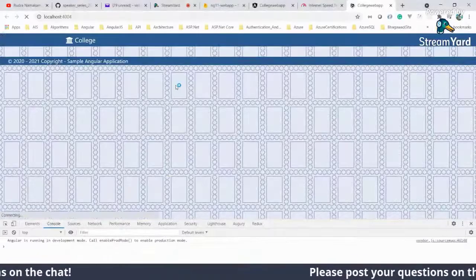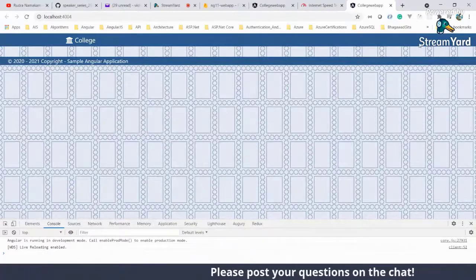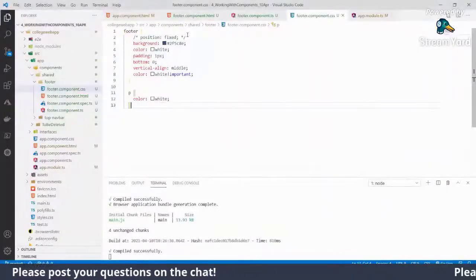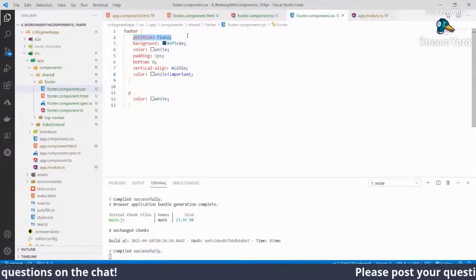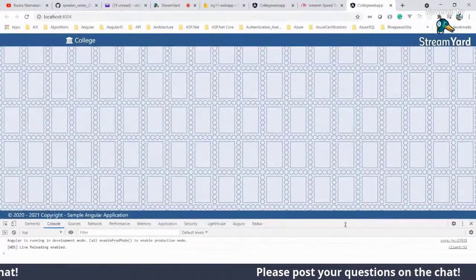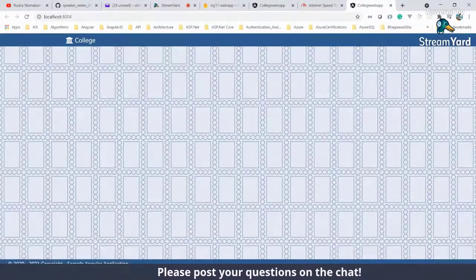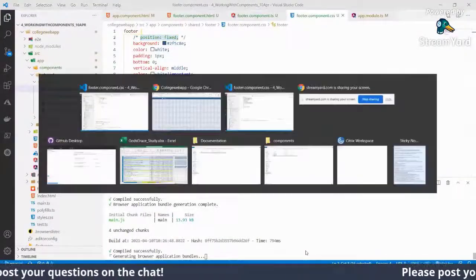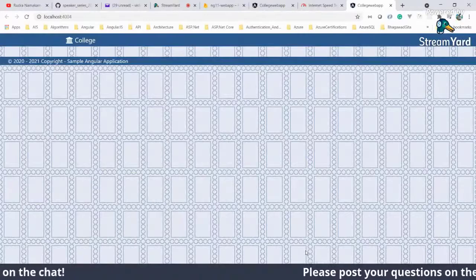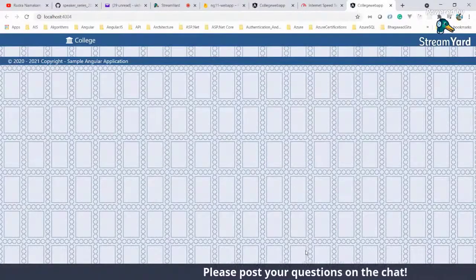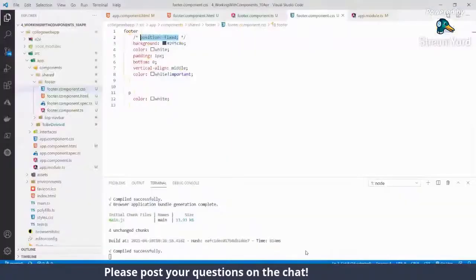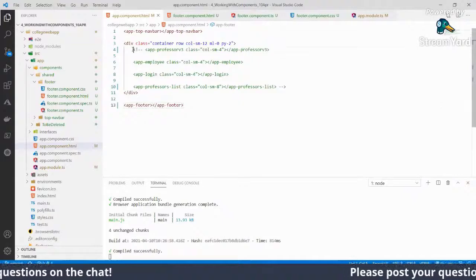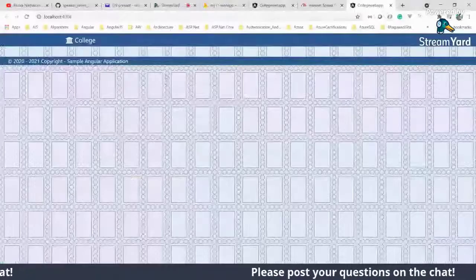If you come and see this, it is occupying the band here itself, because there is no content, it occupies here. So we can do two things. If you want, we can say the position is fixed, so that will drop it at a fixed location. If you don't use position fixed, it will dynamically change its location based on the content between the header and the footer. In the app component, between the header and footer, we don't have any of those things right now. So that's the reason it is coming here.